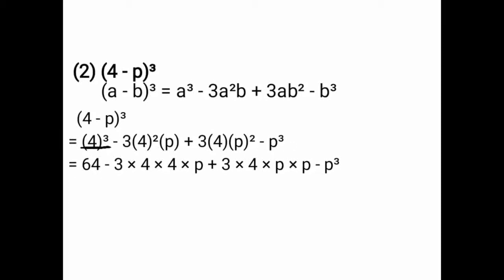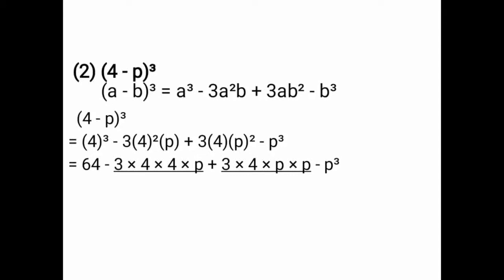Now only how to solve 3a square b plus 3ab square. You have to multiply this. The square which is there here, I wrote 2 times the multiplication form of 4. Here the square which is there, I wrote 2 times the multiplication form of the variable p. So now only how to solve minus 3a square b plus 3ab square. 3 4s are 12, 12 4s are 48, 48 into p is 48p. So in 3a square b I am getting the answer minus 48p.